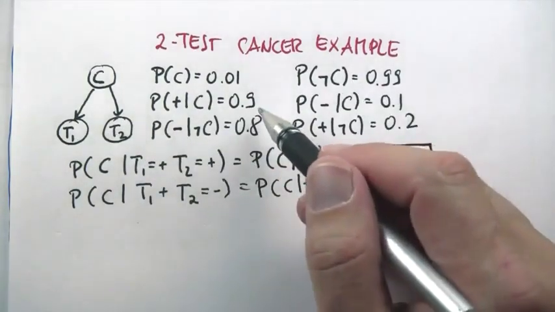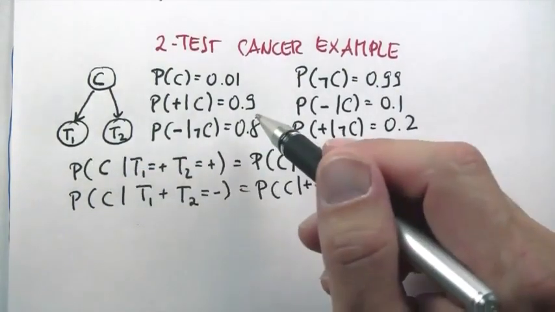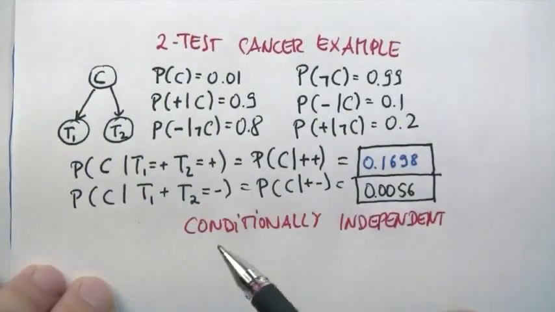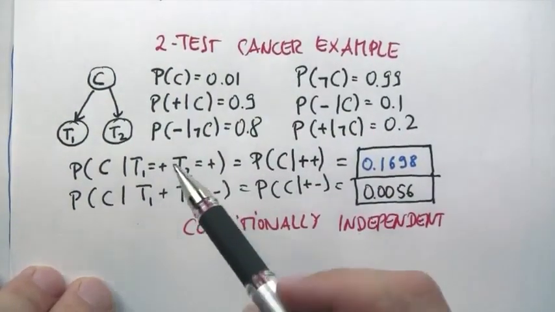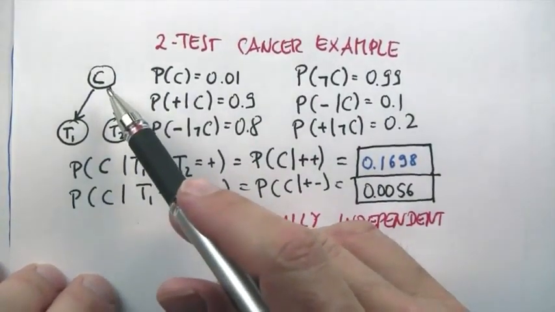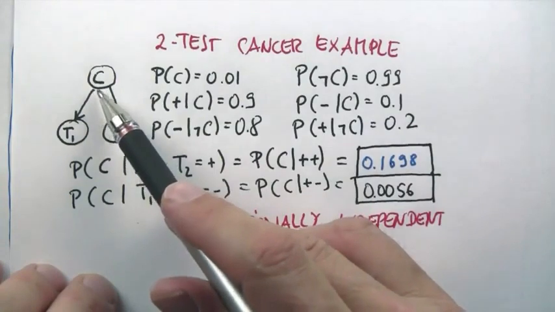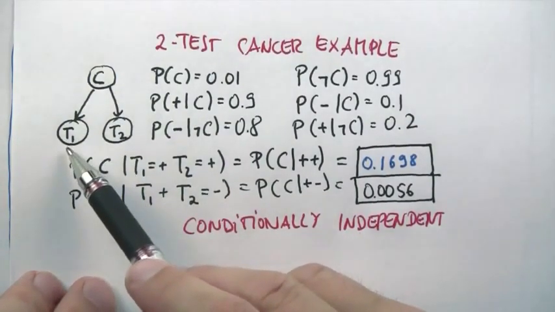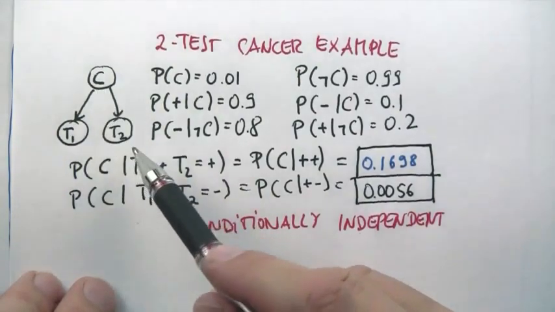We use the same 0.9 for test 1 as we used for test 2, but we also assumed that they are conditionally independent. We assumed that if God told us whether we actually had cancer or not, if we knew with absolute certainty the value of the variable C, that knowing anything about T1 would not help us make a